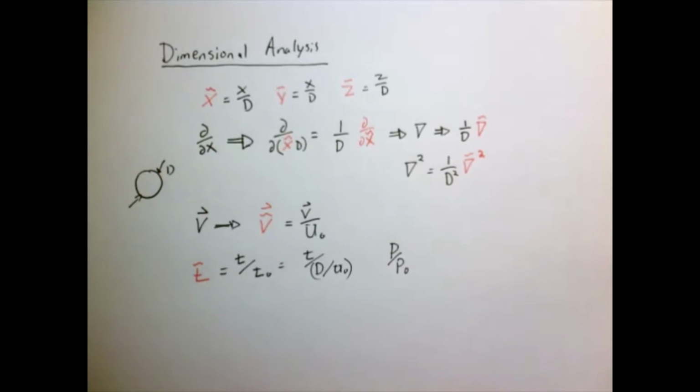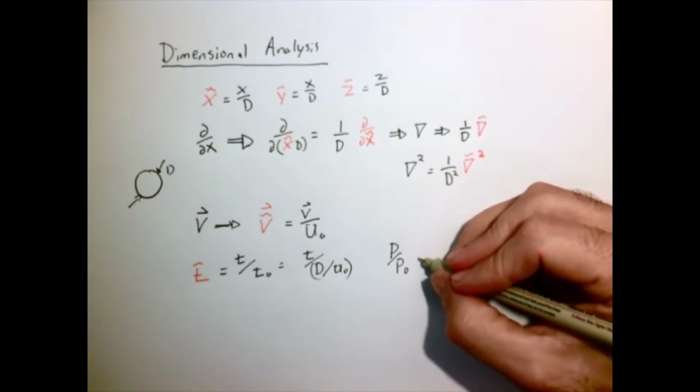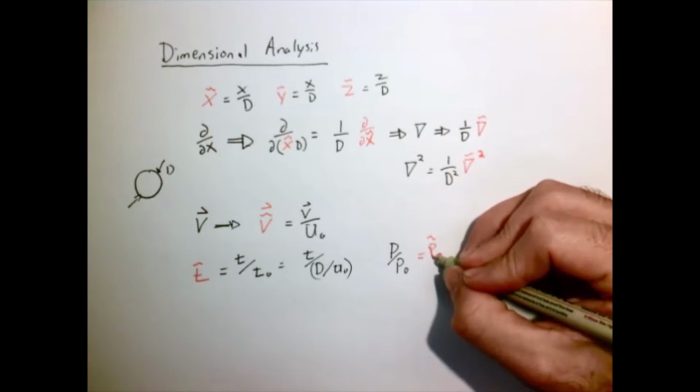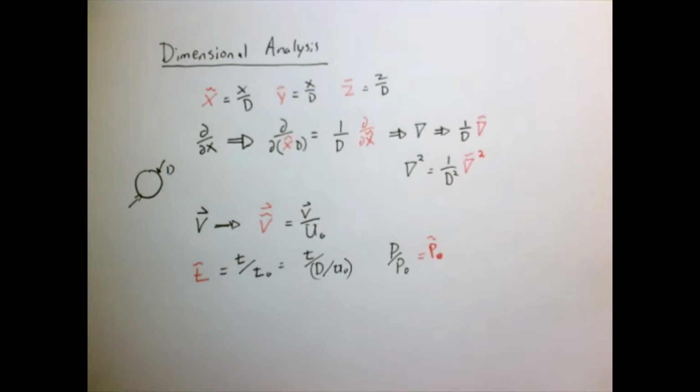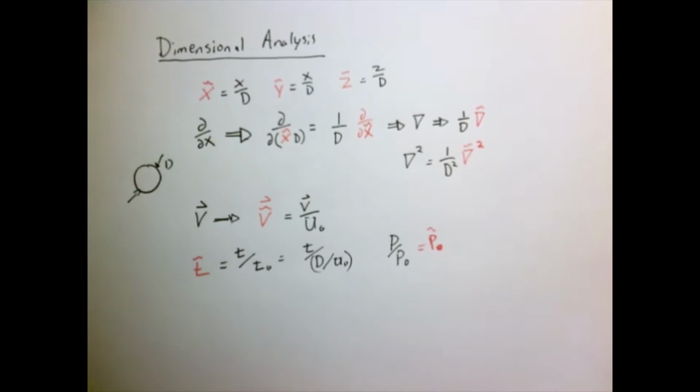It's not really clear what we should use for that, so I'm going to leave that arbitrary for now. So my dimensionless pressure will be some pressure divided by P naught. And then finally is the temperature. Now if we think back to when we did the same type of thing in